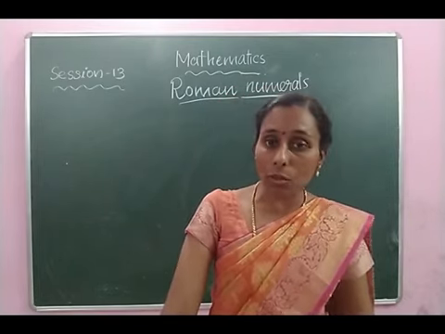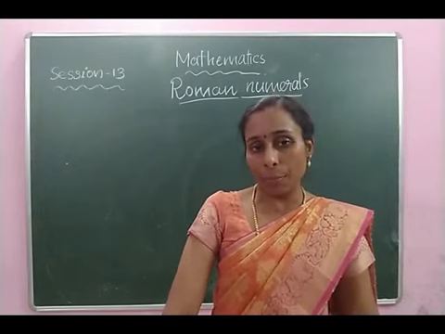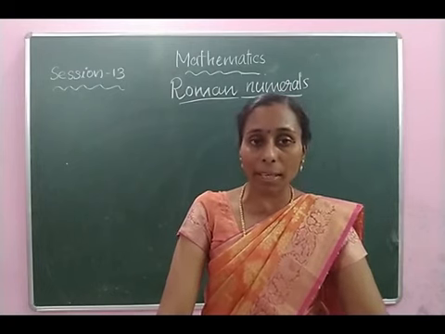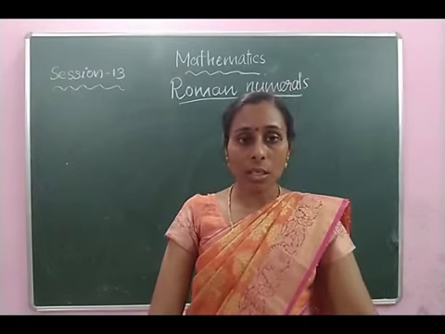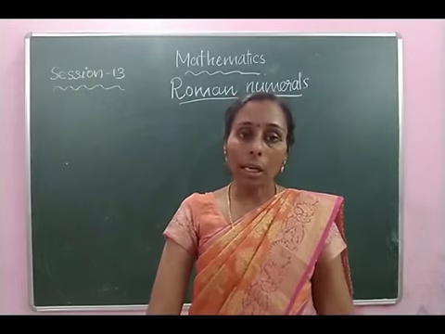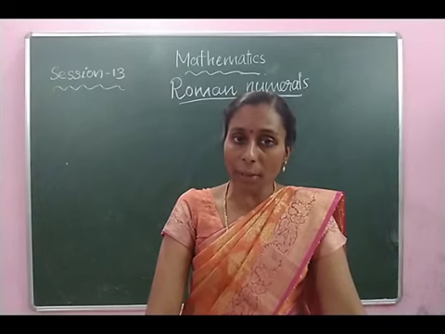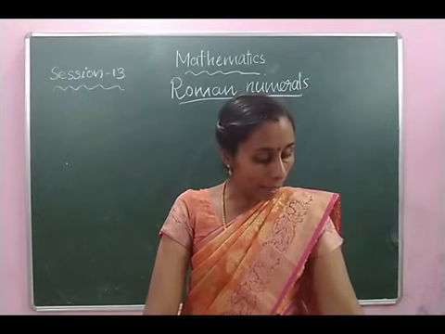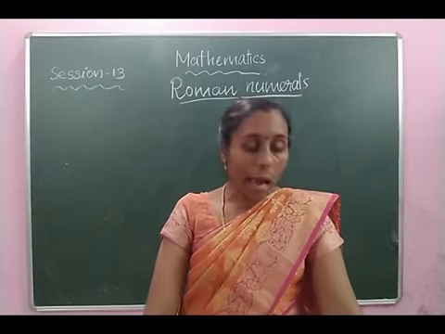How many alphabets do they use? They use 7 alphabets. Which are the alphabets? I, V, X, L, C, D and M. I means 1, V means 5, X means 10, L means 50, C means 100, D means 500 and M